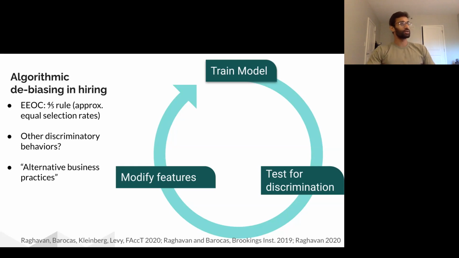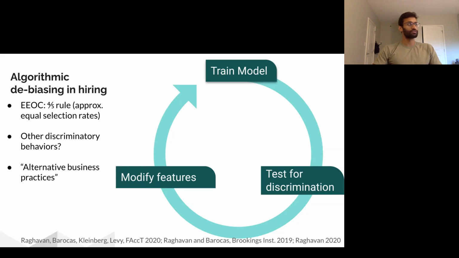So this tells us something quite interesting about what's going on in practice. One, in practice, they actually are finding that biases exist in the data to the extent that they have to correct them. The other thing that it tells us is that this is one particular notion of fairness or of discrimination. And actually, this particular training procedure doesn't handle other discriminatory behaviors that might be present in the system. And so this is sort of a thing to keep in mind as people consider future regulation in this space.